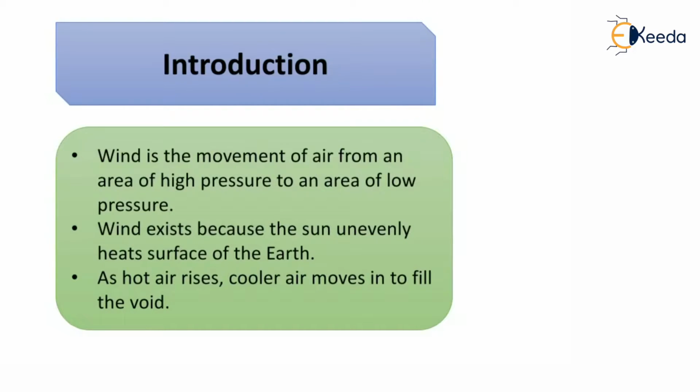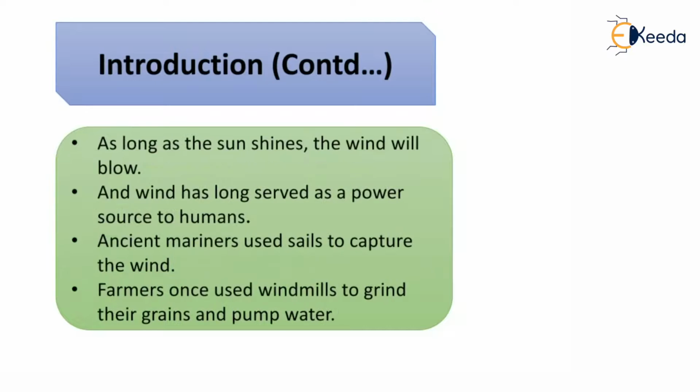Wind is the movement of air from an area of high pressure to an area of low pressure. We know that the wind exists because the sun is unevenly heating the surface of the earth. As the hot air rises, cooler air moves into the voids. As long as the sun shines, the wind will blow, and the wind has long served as a power source to